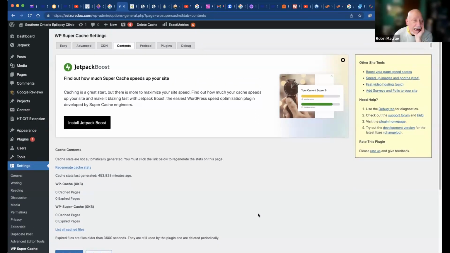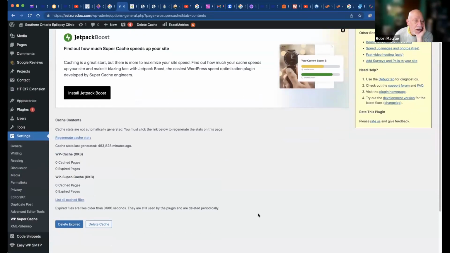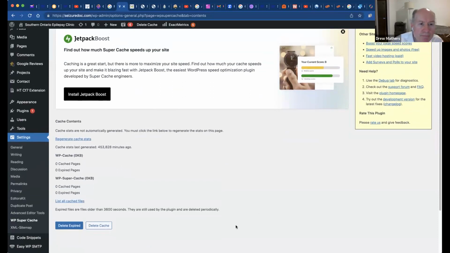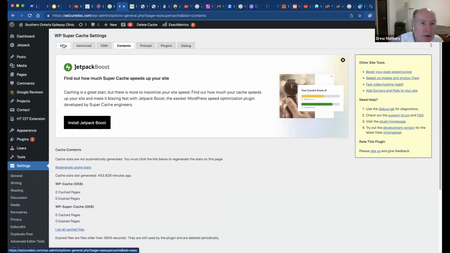What about just deleting the cache and letting it rebuild? Well, no. I thought that Super Cache had a setting for listing all cache files. Let's go through the tabs one at a time.